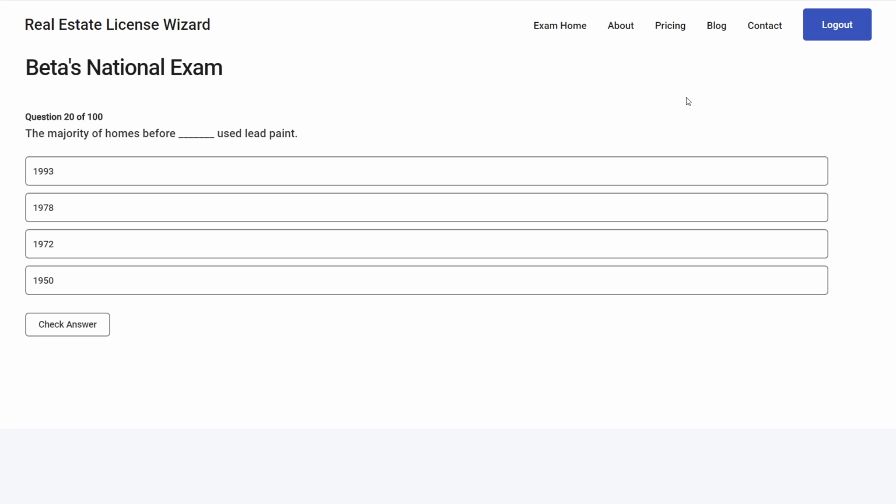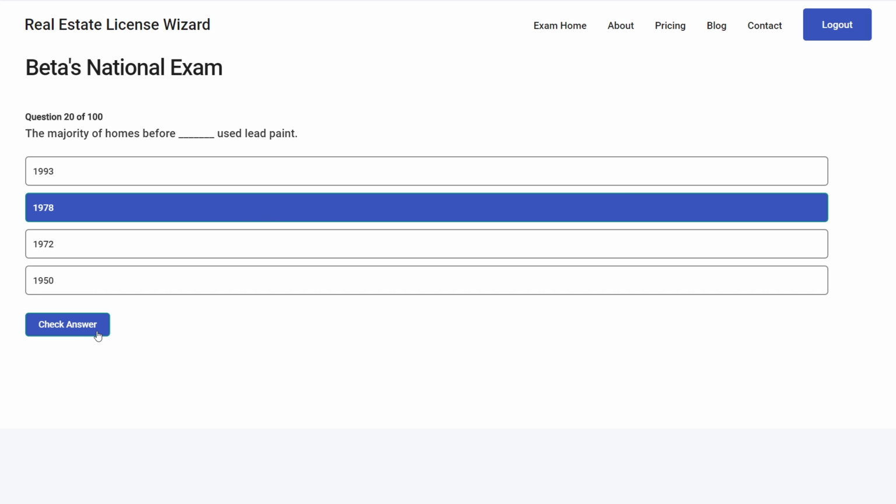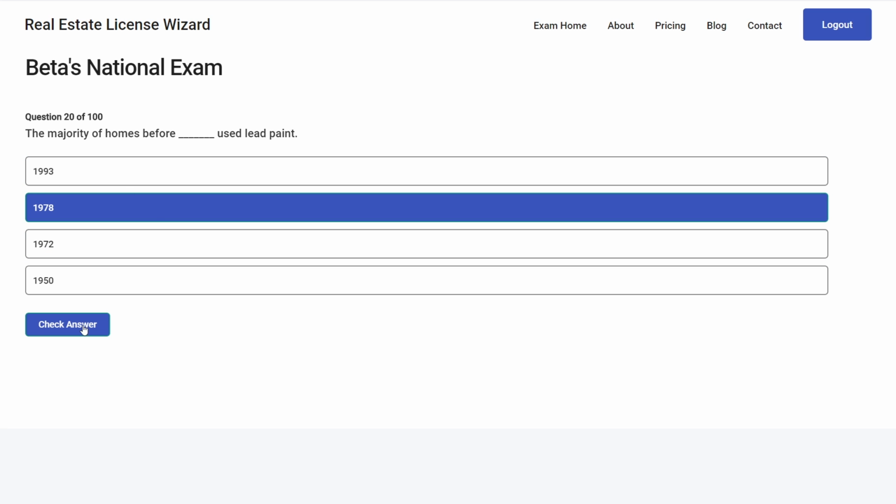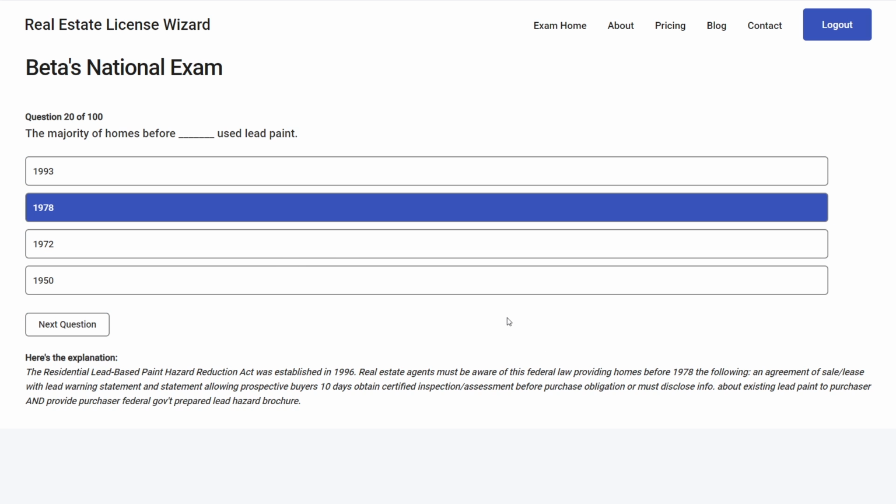Alrighty. Did you guys come up with it? This one is 1978. So I see this one often mixed up. Sometimes they say it's 1972, 1996, or 1993, things like that, but it is 1978. So the law was established in 1996, but the law states that homes before 1978 must have a lead warning statement and allow buyers 10 days to obtain certified inspections before purchase obligations, or they must disclose information about any